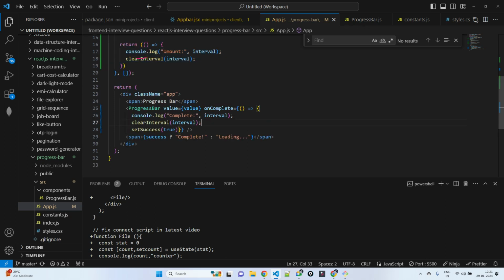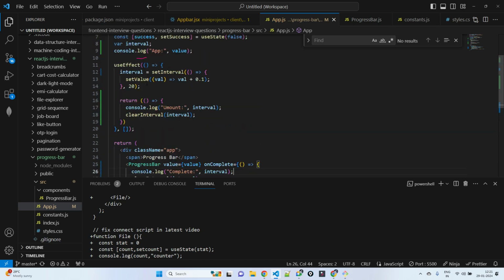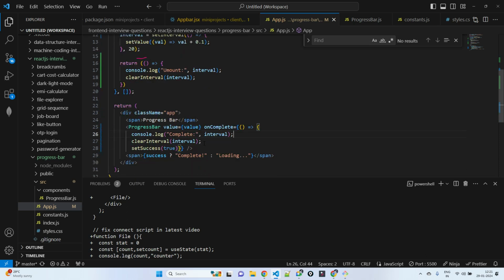in the onComplete function, when your progress bar reaches 100%, the onComplete will be called by your progress bar component. At that time also I'm clearing the interval. If I don't clear the interval, it will keep on setting the state variable, and again my function will get called. Okay. But by doing this, the problem I get is